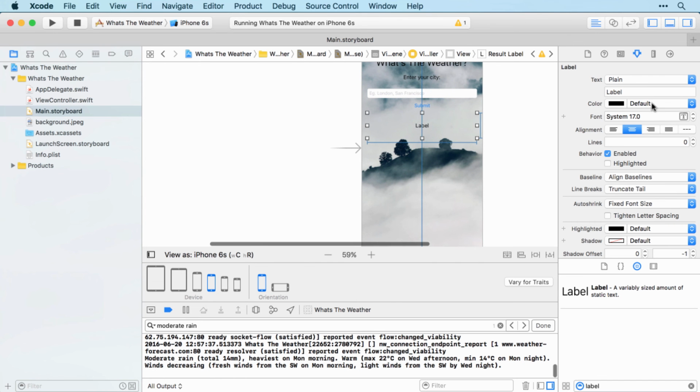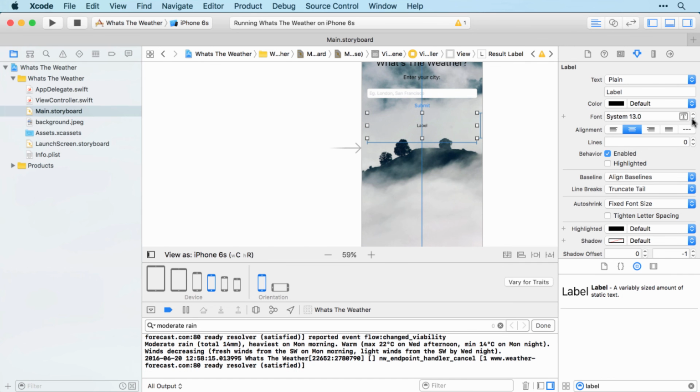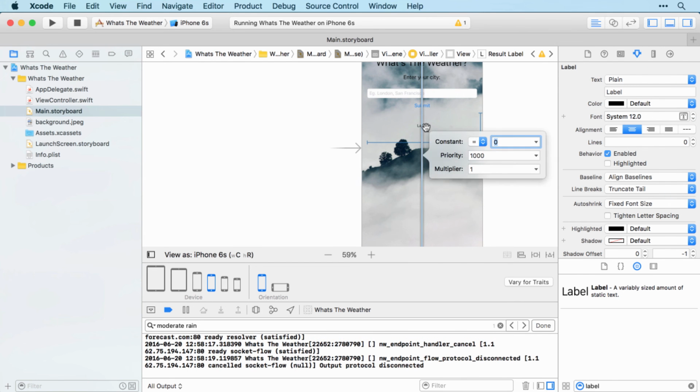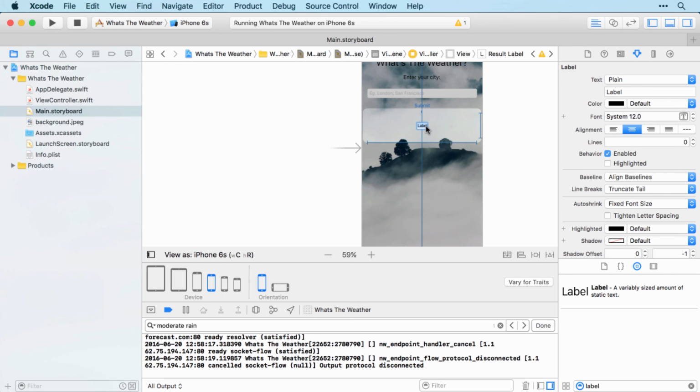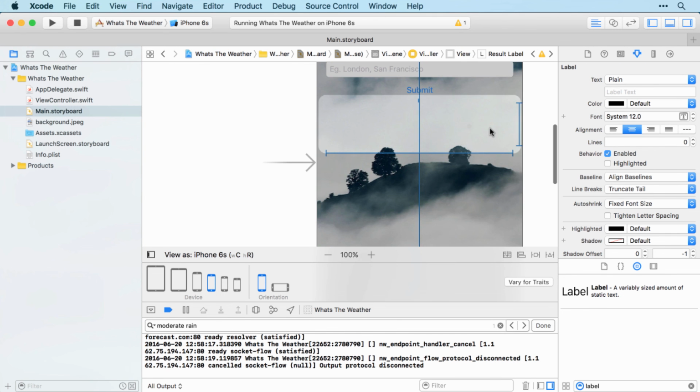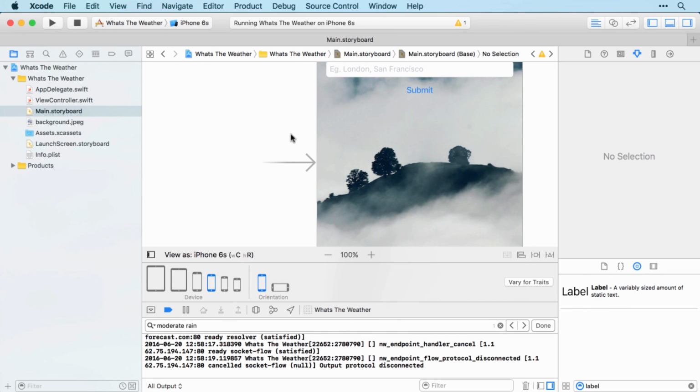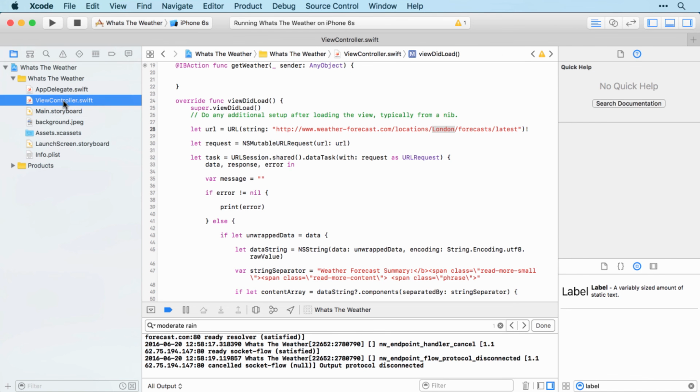Easy enough. So let's take that down to 12 and we'll see how that looks. And while we're here, we can get rid of the initial text so we don't see anything until there is some content there. All right, so now all that remains is to actually get the user's URL,